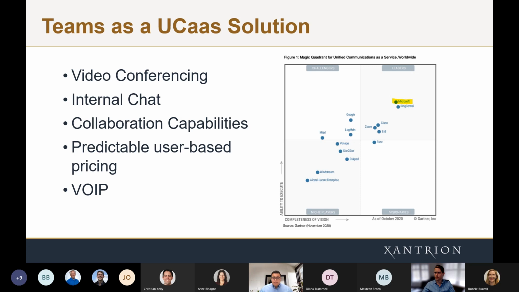Now, something to note here, we're speaking specifically about Microsoft Teams and how that blends into one of the premier unified communication as a service platforms. You see this visual here from Gartner. They actually did a study here, and Teams was placed as one of the leaders in this industry because of this collaborative workspace, which I've told you has grown 5, 6, 7x over the last year, right? We've got all of the needs here for that service.